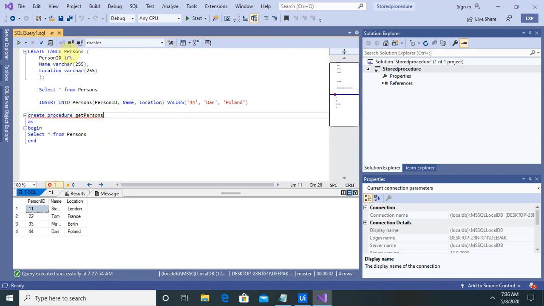Before that, I executed some simple SQL queries for creating the table, inserting the data, and selecting from the table. Right now I have these 4 records, and the columns are person ID, name and location. By using this stored procedure, we are calling it in UiPath.